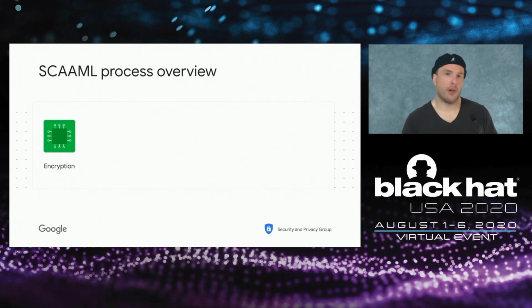Okay, so how does the SCAML process differ from the SCA processes that we saw earlier? Well, we start with the template, which is you perform the